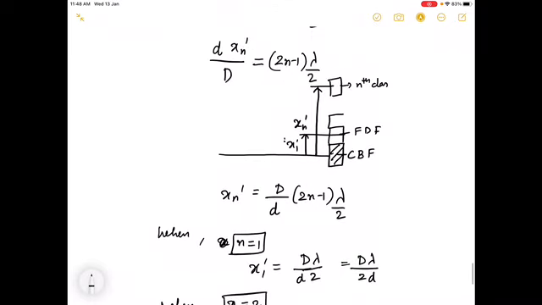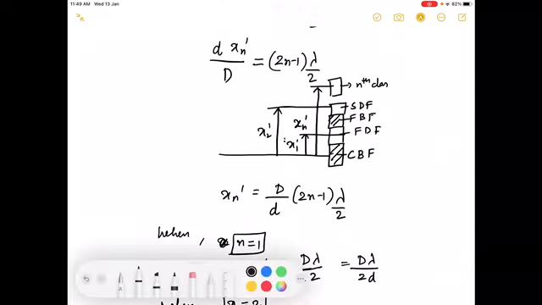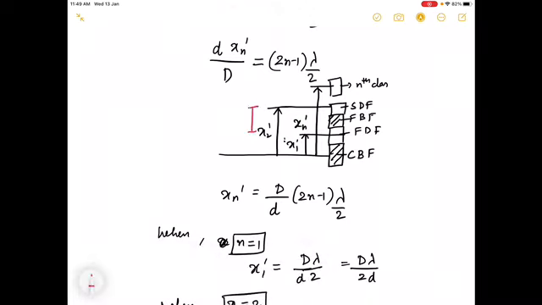So what is this x2 dash? Here again you will have the first bright fringe and then you have the second dark fringe. So the distance of this second dark fringe is your x2 dash, right? But we all know what fringe width is. Fringe width is actually the distance between two dark fringes, right? So what is the distance between two dark fringes? This is actually x2 dash minus x1 dash. I hope everybody can see that, right?